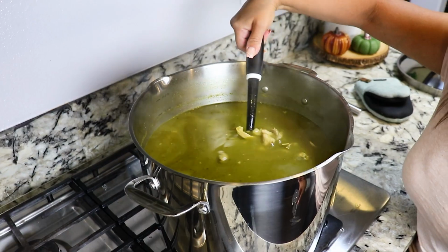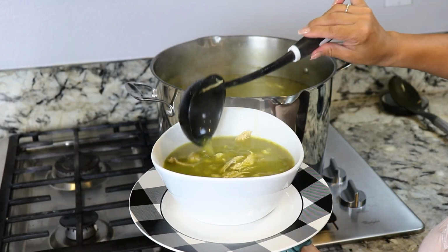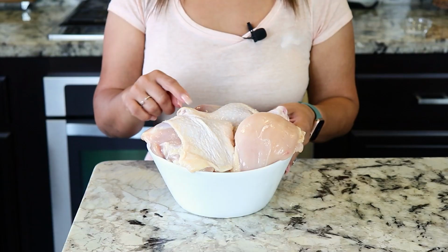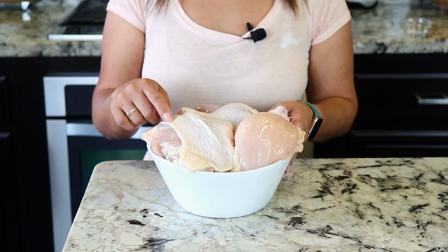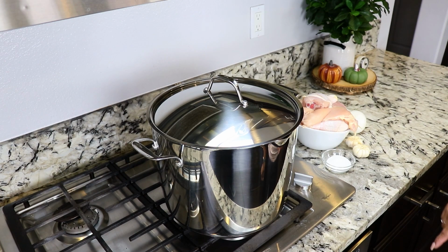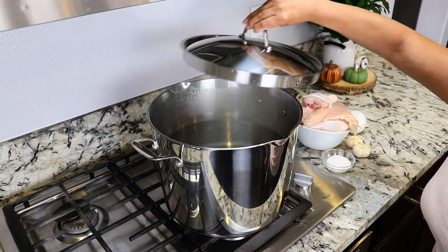For this new year, I'm gonna share with you my recipe for Pozole Rojo and Pozole Verde. I'm gonna be starting off with Pozole Verde. For this recipe, I'm using 5 pounds of chicken. It's a mixture of thighs, leg, and breast, but I personally like to use more thigh because the meat in the thigh is softer. I've already set my pot with 8 quarts of water,